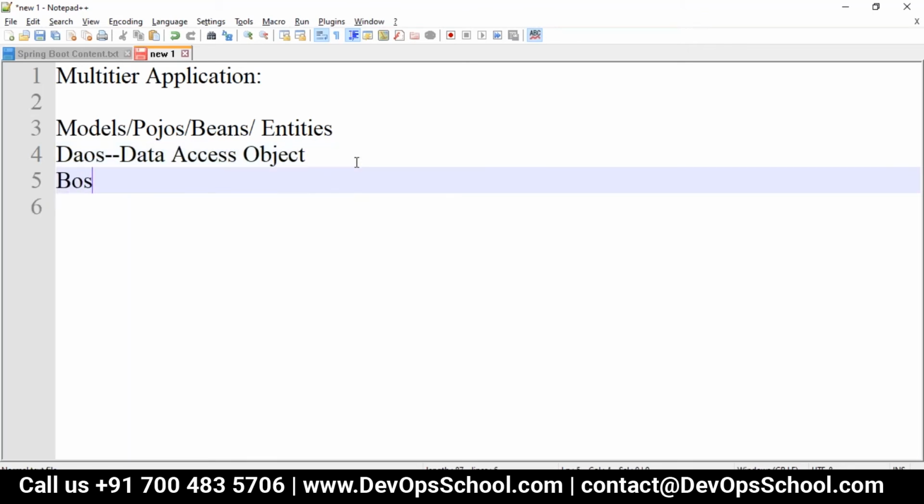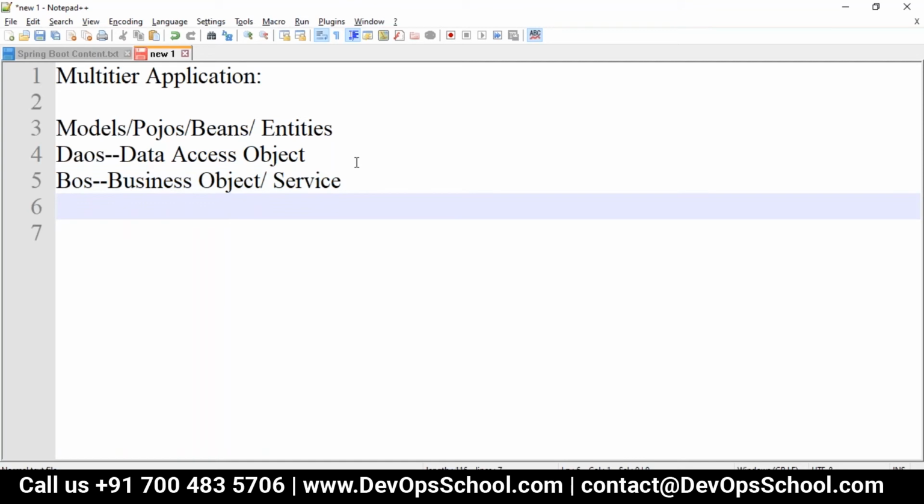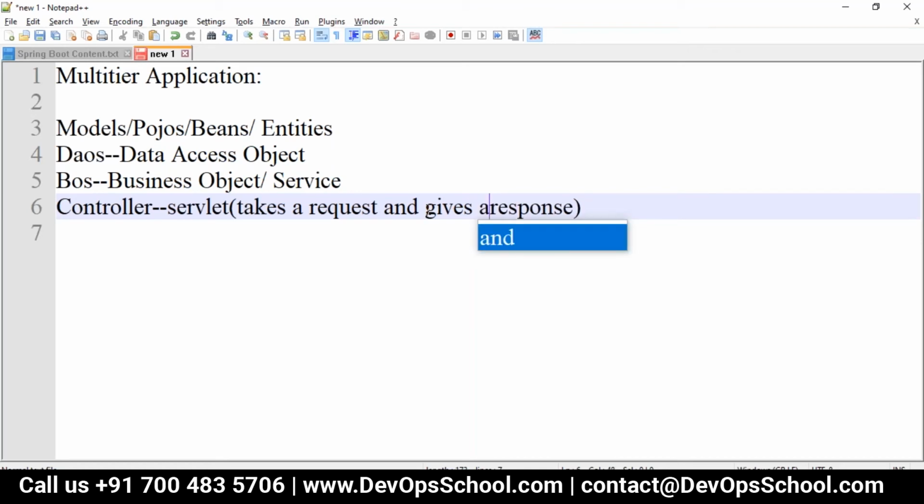And then we have BOs, business objects, or service classes, where we write our business logic. Then we have controllers, which take a request and give a response, either as a servlet or, here, as controllers. This is the simple architecture we will be following.